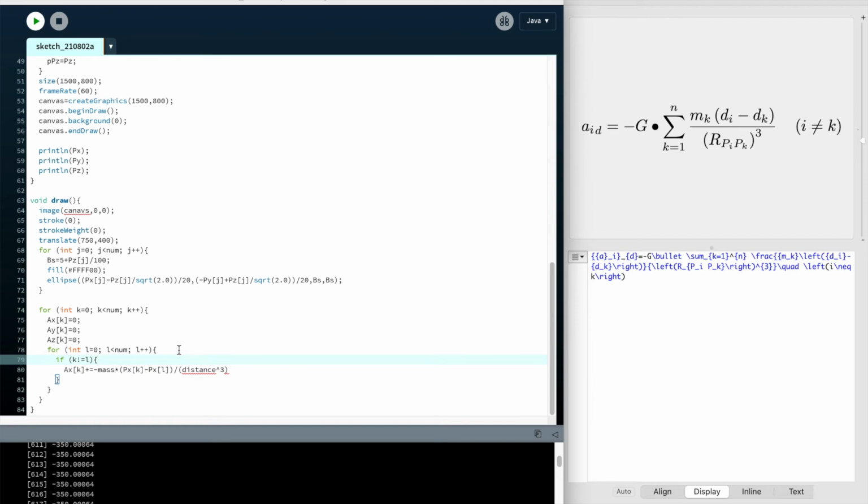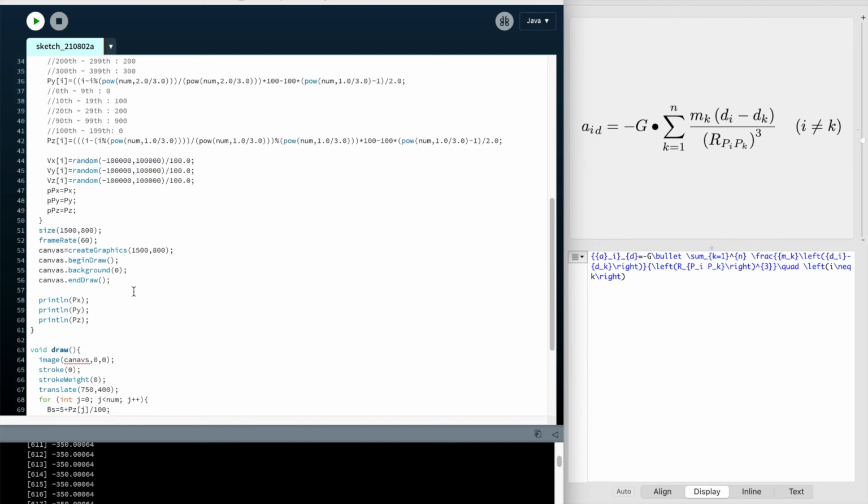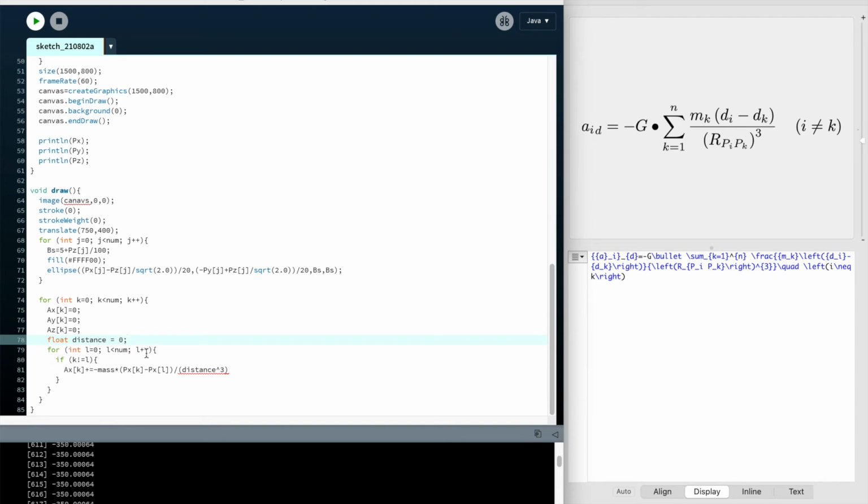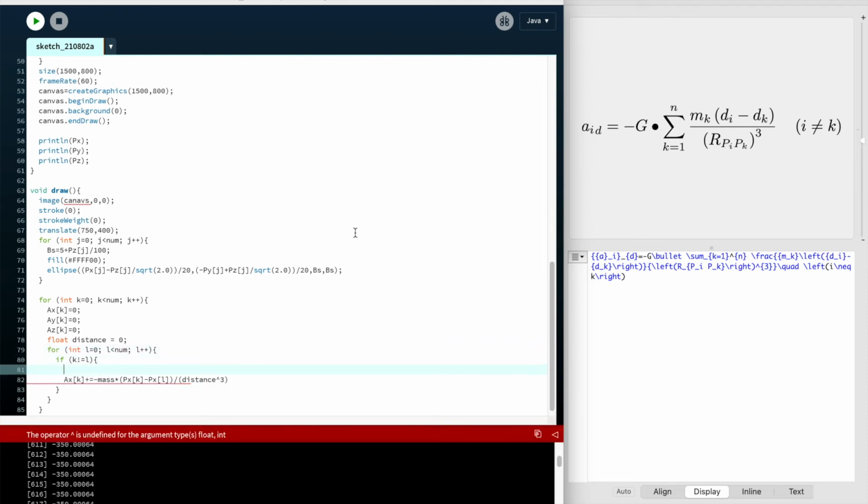Now we don't have anything with distance now, so we're going to have to say float distance equals 0. So we define our distance in the for loop, and then in the if statement,